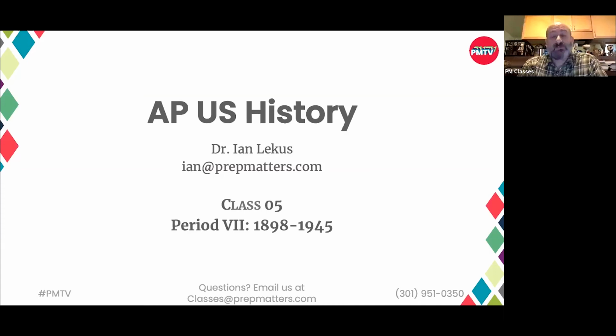The United States, for the moment, looks to stay out. Roosevelt sees where this is going, also recognizes that public opinion is still fundamentally against war, but really steers the United States towards a firm support for the Allies.